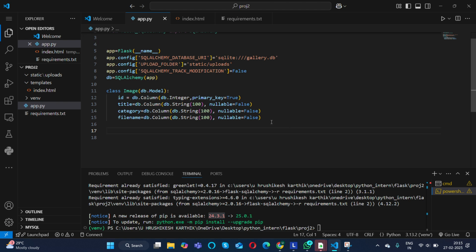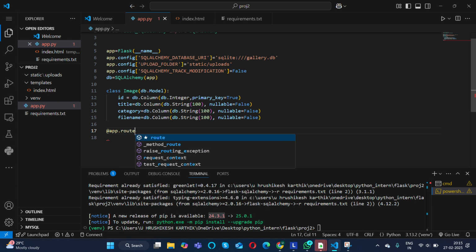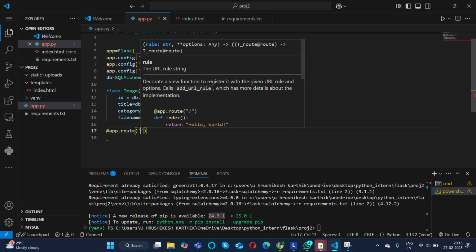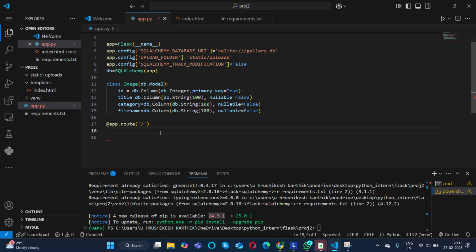So what next? We have initialized the database schema. So we'll create a route. This is the default one. Function inside this.